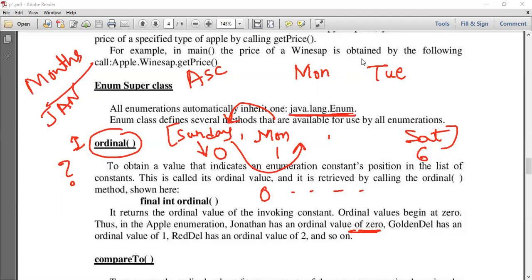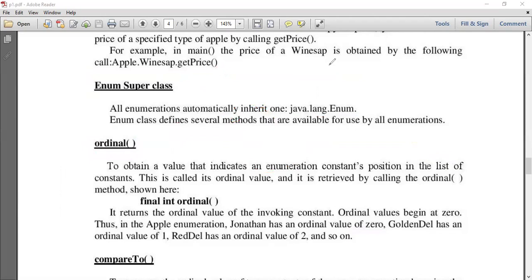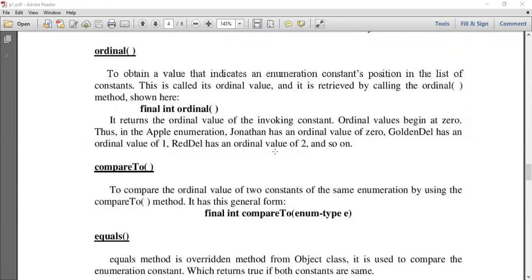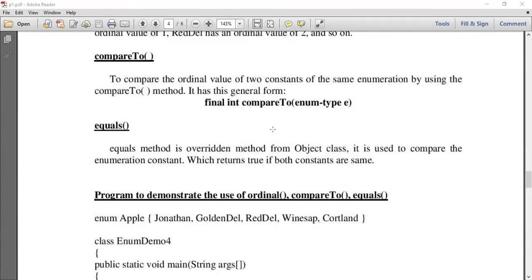Then another method that we have in this particular superclass is compareTo. This compareTo is useful only when we are comparing the ordinal values. So compareTo will compare the ordinal values of the constants.